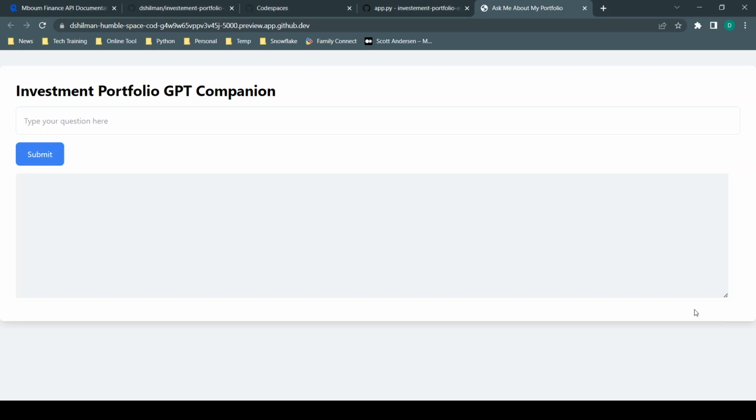Hi guys. So I developed this Investment Portfolio GPT Companion application. It's a single page application. It's like a ChatGPT application. And what it does,